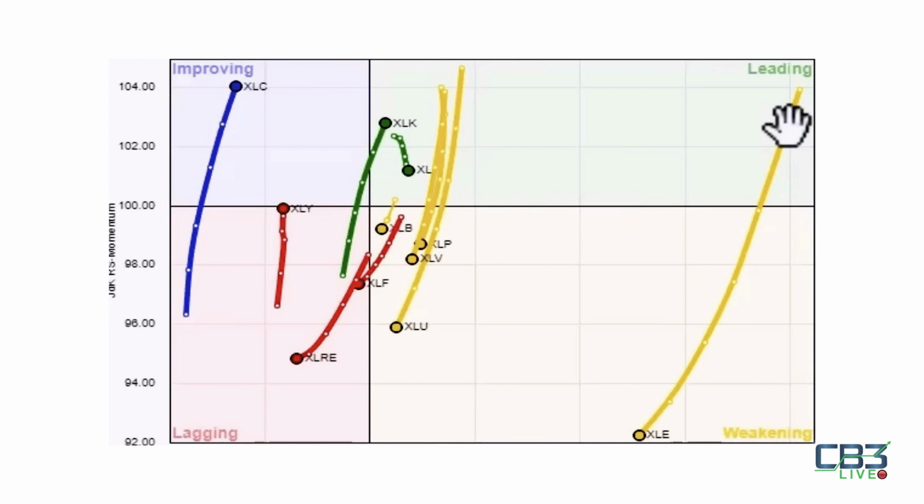Yeah, so Julius, XLE is inside weakening, but it's got a very long tail. So the odds for this one to make that hook are actually pretty big, because it's a very strong trend. We went through a very strong relative trend, by the way, not a price trend, relative trend. We're in some sort of a correction right now, but we've seen numerous times where these tails make these big rotations. They come back up. This is not a one day wonder. With velocity, this is like a